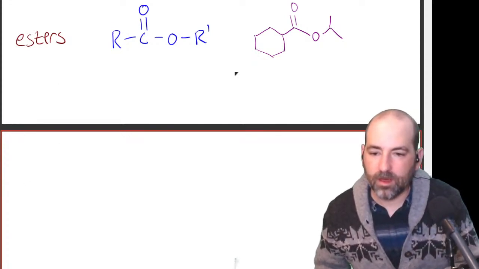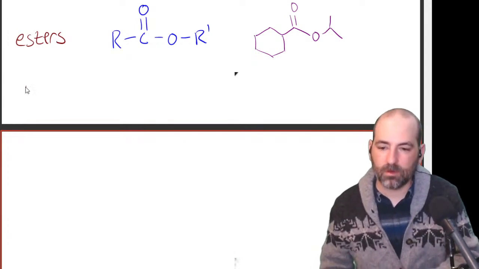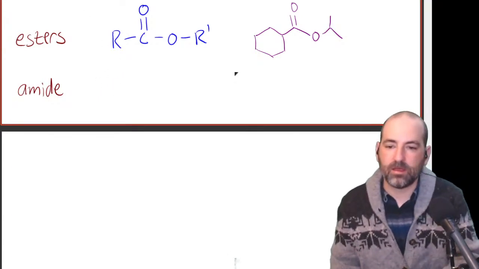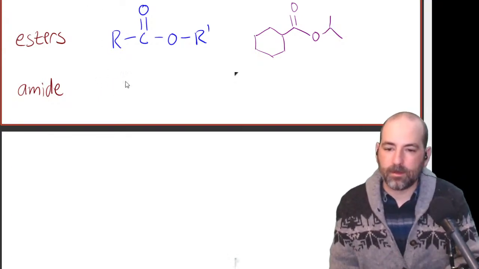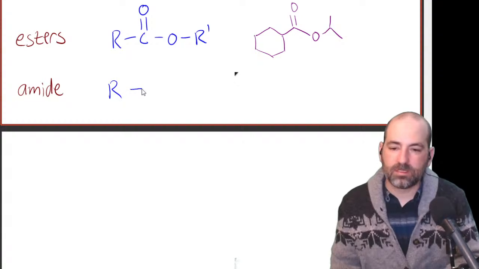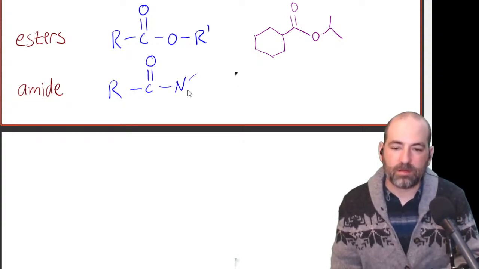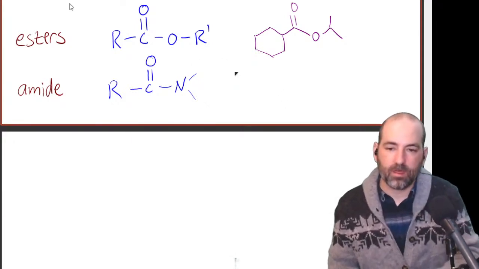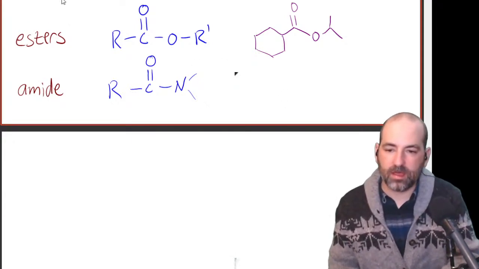Okay. Then we've got our last carbonyl functional group, an amide, or sometimes called an amide. Similar to an ester, but with nitrogen instead. And I'm just going to leave these things blank because they can either be carbon or hydrogen. So an amide might be something like,